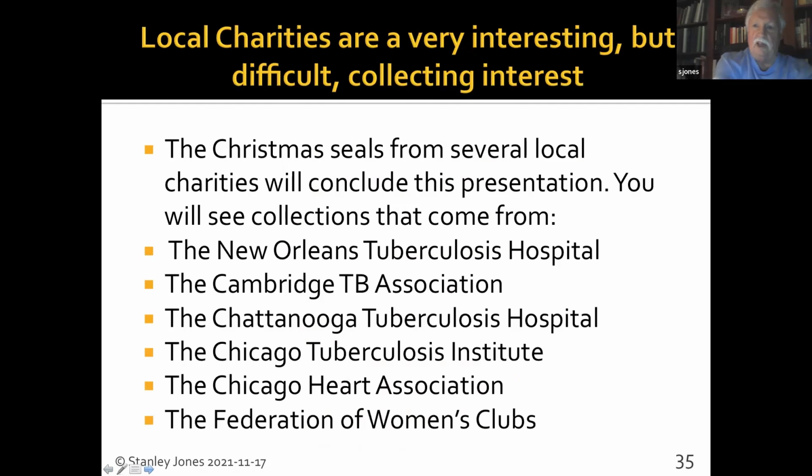Now, if you get tired of collecting seals from a national charity, where seals are pretty abundant, there is something which is even more challenging. There are local charities, and I'm going to show you some local charities, and then it gets very challenging because the local charities' circulation is restricted to the area where they were released, and unless you happen to be on their mailing list or something, you don't get this. But here are some seals from New Orleans,